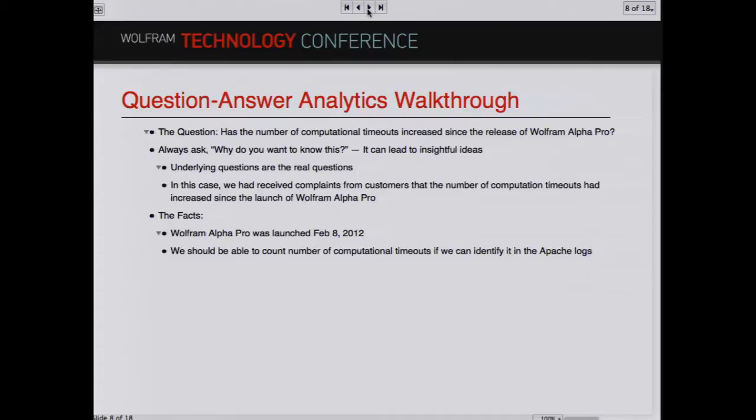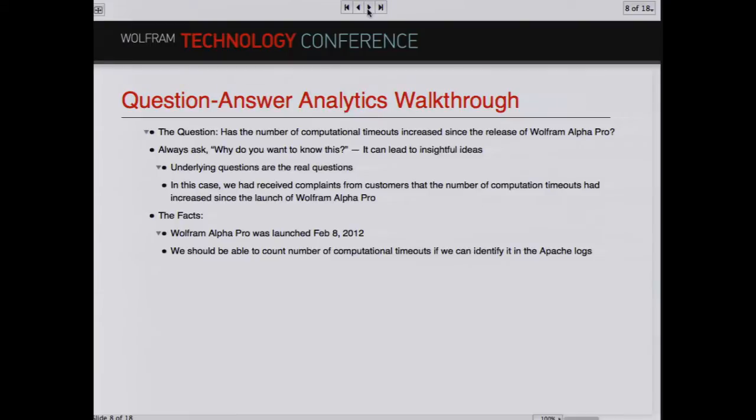Very frequently, when people ask for a report, they think of what they want to know, and then they phrase it in a way that actually obscures the original intent. And so you have to ask why to get to the real golden nugget. Once you have that, then you can answer the real question.